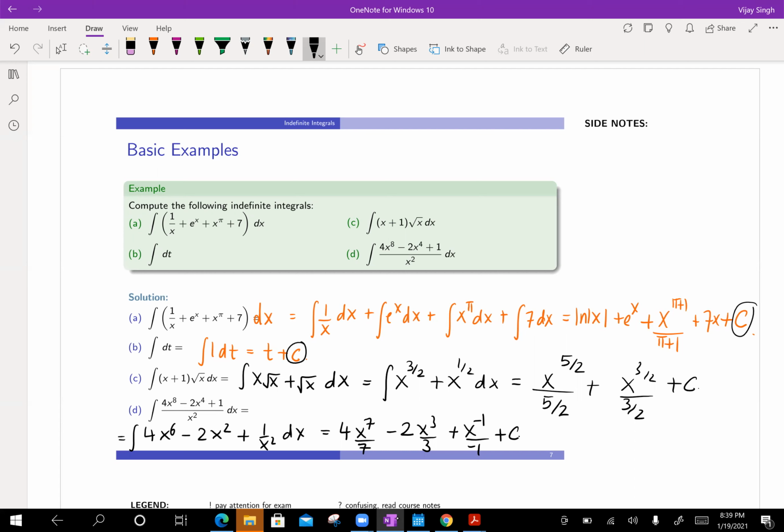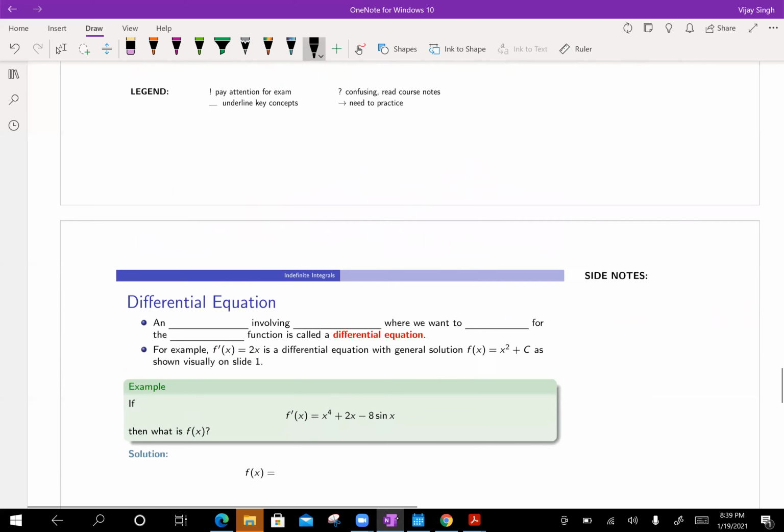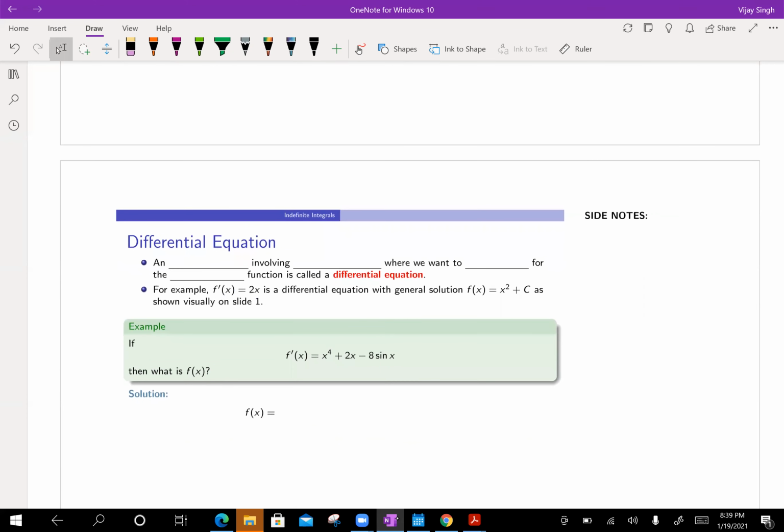All right, let's move on and compute a few more integrals. But before that, notice the following. So what is a differential equation? A differential equation is an equation which has a derivative in it. The word differential comes from the derivative. Differential equation, in short, is DE. So an equation